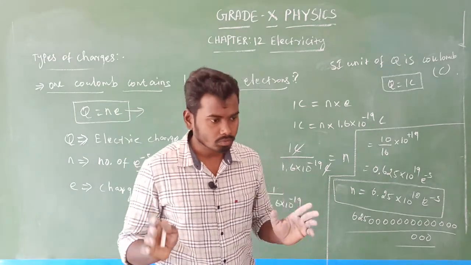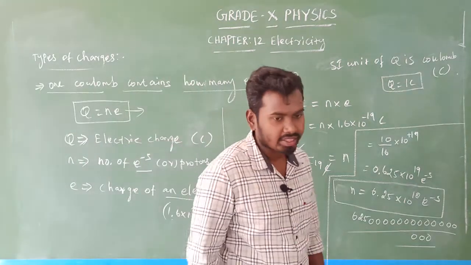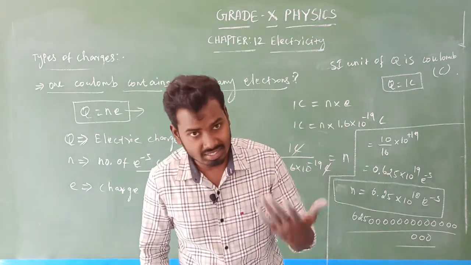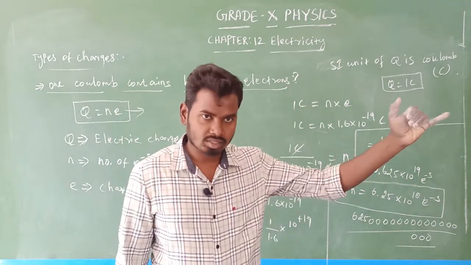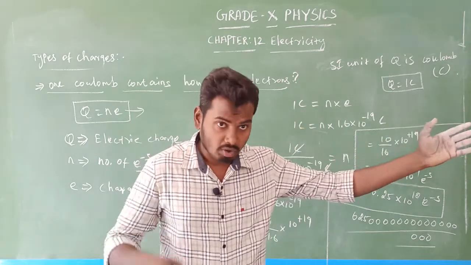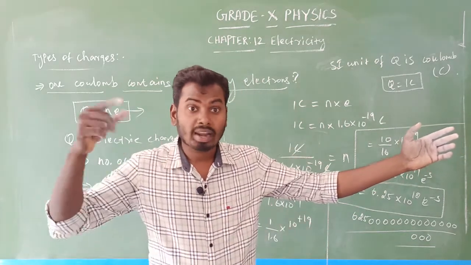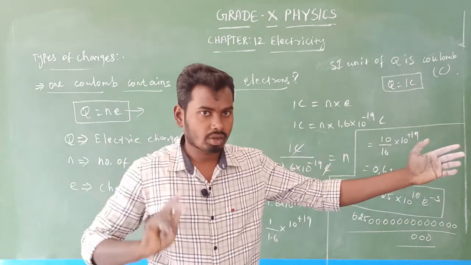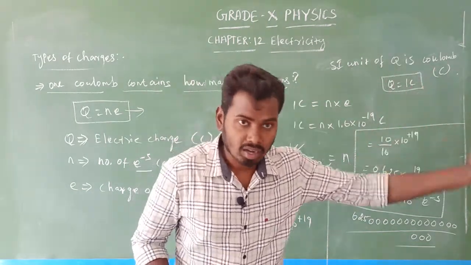So this session is getting over. In this session we have learned so many things. Once again, you summarize that. First one, what is current electricity? The flow of electrons or flow of electric charge is called electricity, or otherwise we can say current.